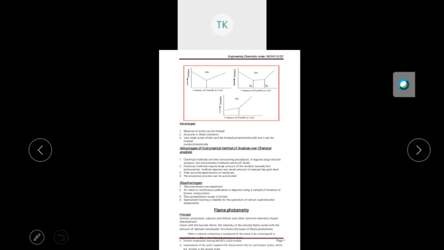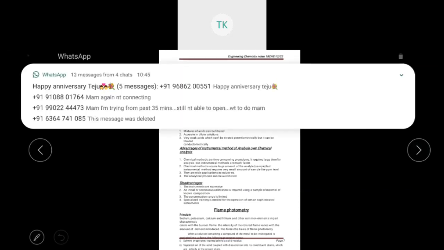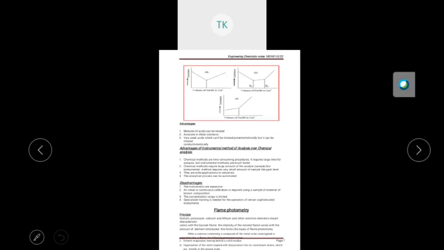Due to the acetic acid, the conductance value is very low. Then once you add NaOH, initially the conductance value is very low. It is due to the acetic acid. Once you start adding NaOH, that is a strong base, then the conductance value will increase very drastically. You can see here. So initially it is very less because of acetic acid, and then the conductance value will increase. It is due to OH minus ions.